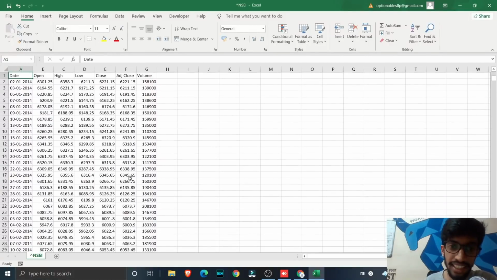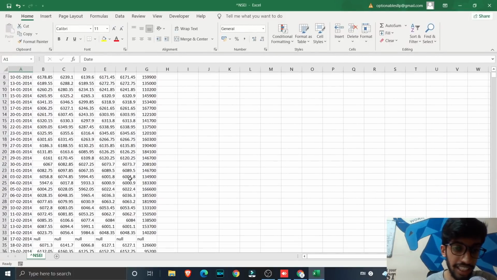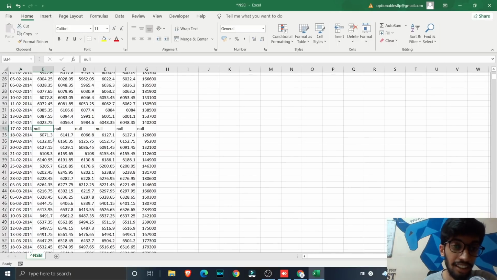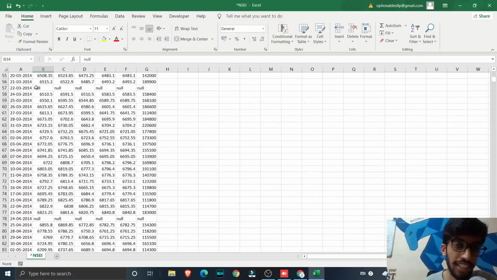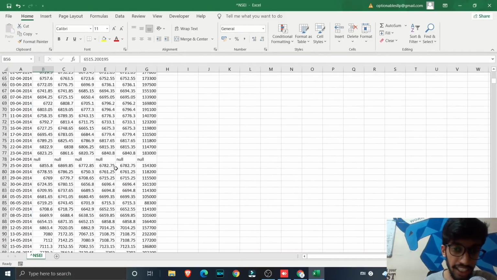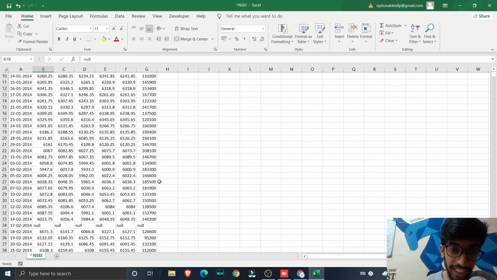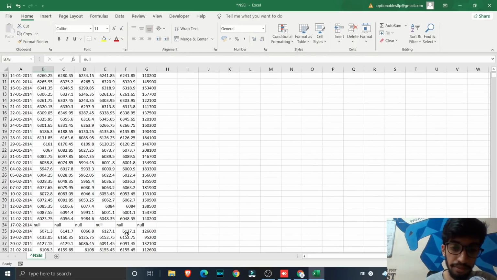But there are certain issues here. As I am scrolling through, you find columns and rows called null, null, null. So when you have strings between numbers, so all these are numbers, but there are some strings between these numbers, or letters between the numbers, you can't perform mathematical operations. So I can't add these two, right? For that you will have to do some cleaning of data, which we'll be doing right now.